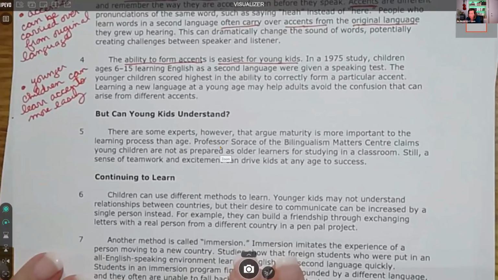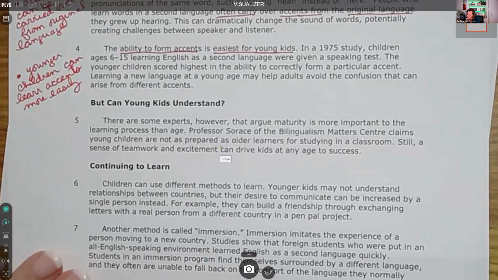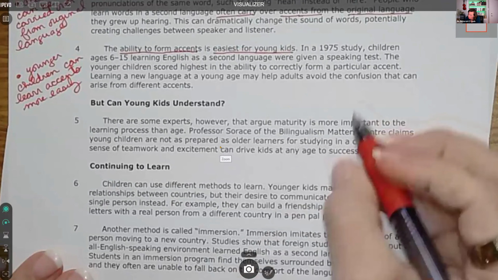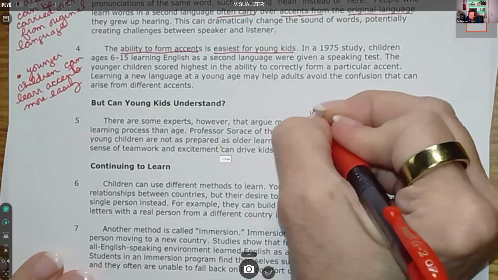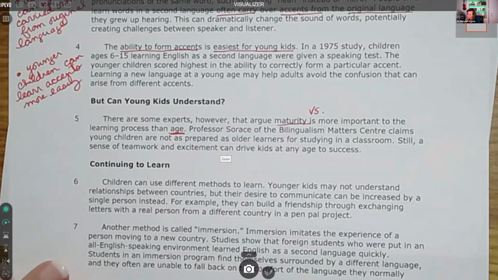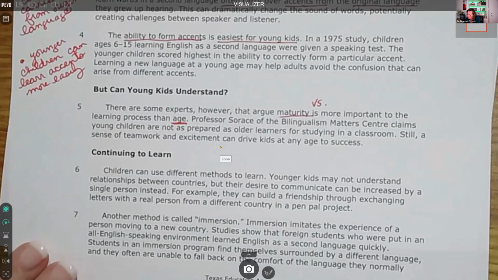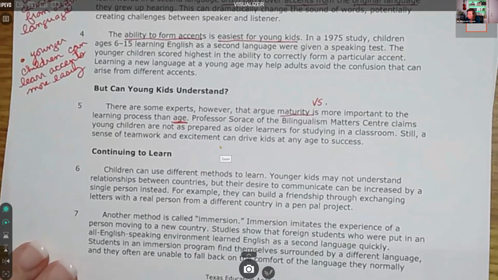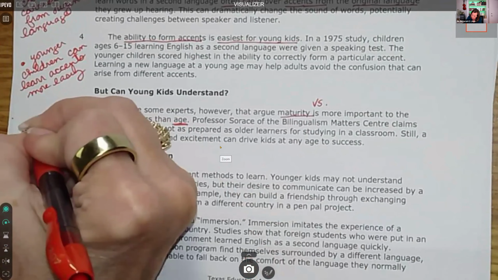But can young kids understand? There are some experts, however, that argue maturity is more important to the learning process than age. So this is maturity versus age. Professor Source of the Bilingualism Matters Center claims young children are not as prepared as older learners for studying in a classroom. Still, a sense of teamwork and excitement can drive kids at any age to success. So this is just about maturity